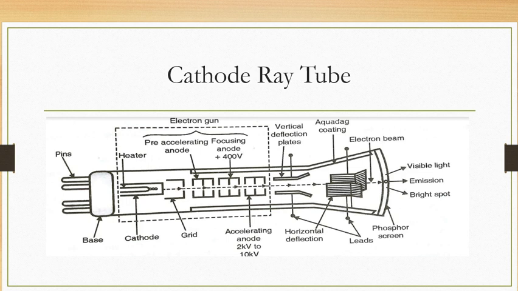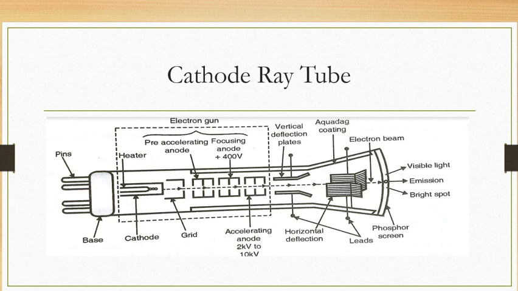Okay, so again, if you see this electron beam, it contains a stream of electrons. Therefore a positive field will divert the electron beam in one direction, whereas a negative field will divert the electron beam in the opposite direction, and this characteristic of electrons is used for the deflection.